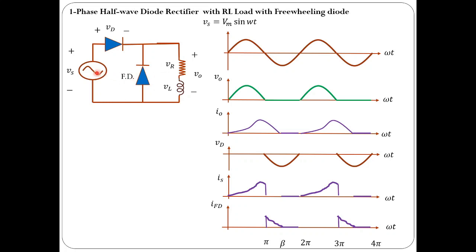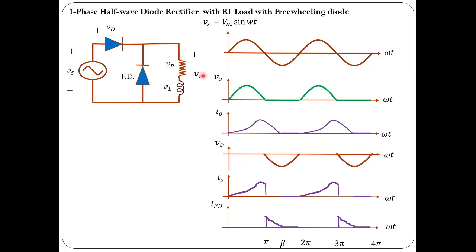Now see, the voltage across the source is Vs, which is equal to Vm sin omega t, as shown in this wave shape. You can see this is the wave shape of Vs. The voltage across the diode is Vd with this polarity, and the voltage across the load is V0. The freewheeling diode is connected in anti-parallel with the load. If you observe carefully, as long as V0 is positive, the freewheeling diode is reverse biased, so the current through it is 0.